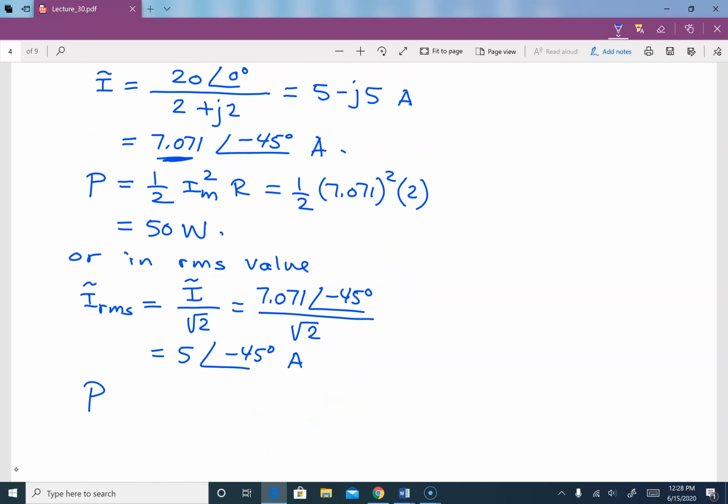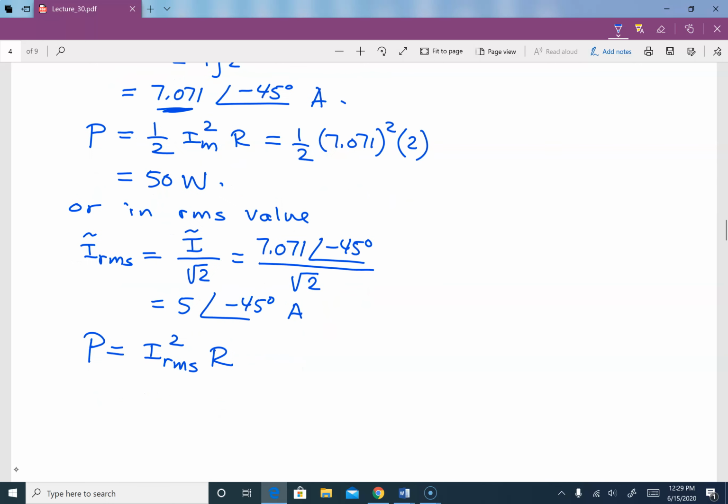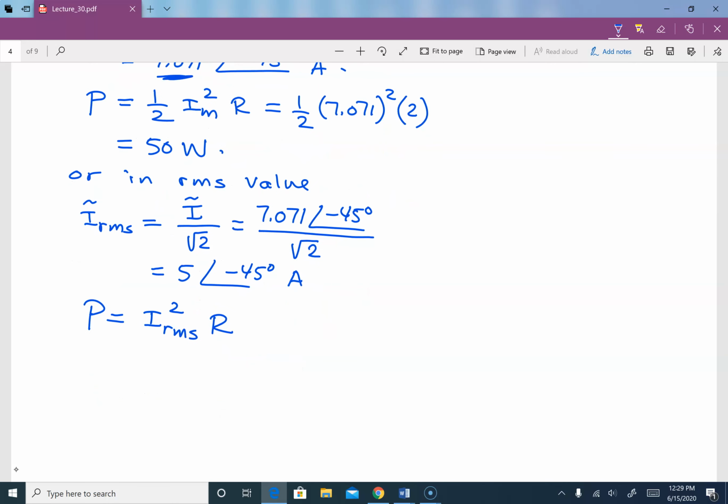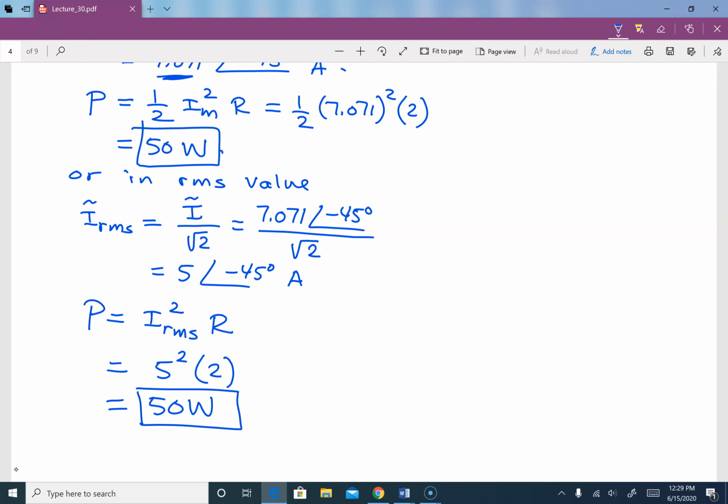So in this case, our P is equal to IRMS squared times R, because the value of the current now is in RMS. So that is 5 squared times 2, which is 25 times 2, that is 50 watts. So if you look at that, that is 50 watts. It's exactly the same as this 50 watts. Or